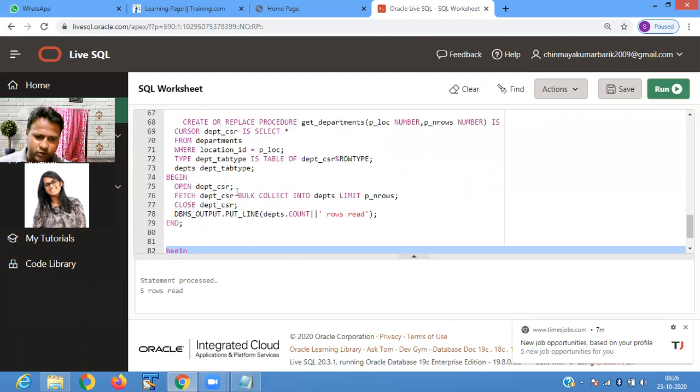First it opens the cursor, then fetches the records from the cursor, bulk collect into, at a time retrieves multiple records and stores them in the dpts variable, and limit is how many rows you want to read. Then you have to close the cursor, then department dot count shows the rows read here.